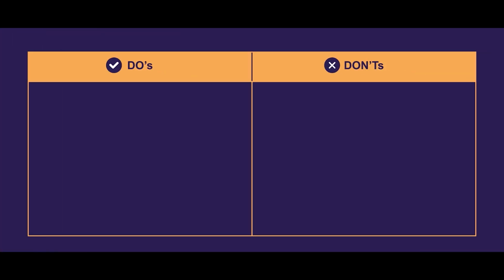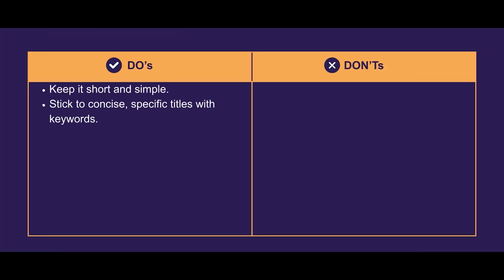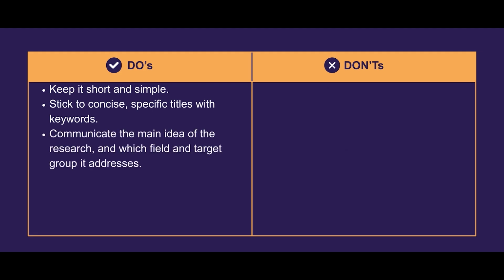Yeah, it should not be too long. It should be really short, but the title should give really an answer. What is the main idea of this research? To which field is it related, and what is the target of this? I see that you have to answer some questions with one title. It's not so easy, but the title is the overview about the thing you do in your topic, and gives us a little